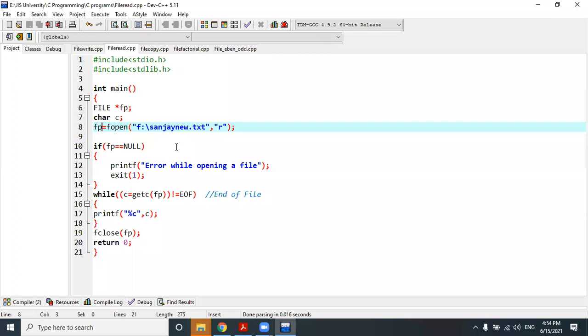FILE means F-I-L-E, you have to write FILE in capital. Full stop. This FILE structure, again capital FILE, is predefined in stdio.h.